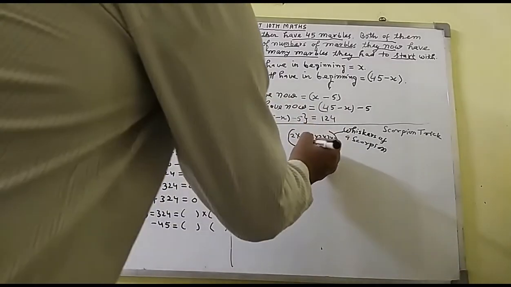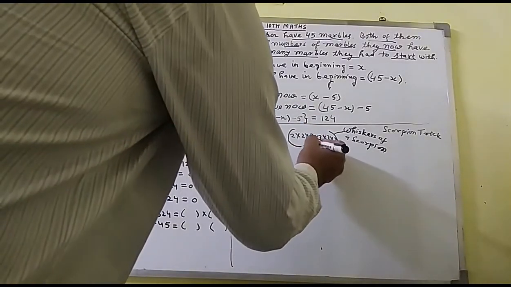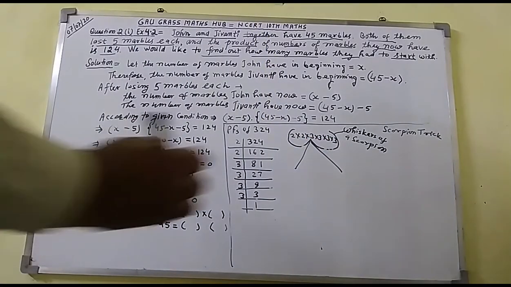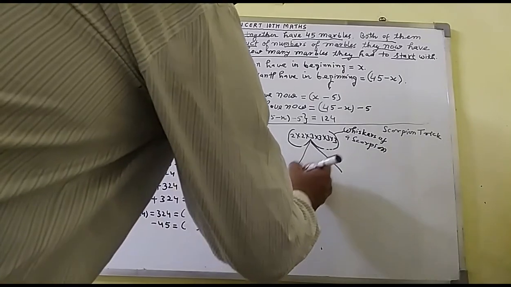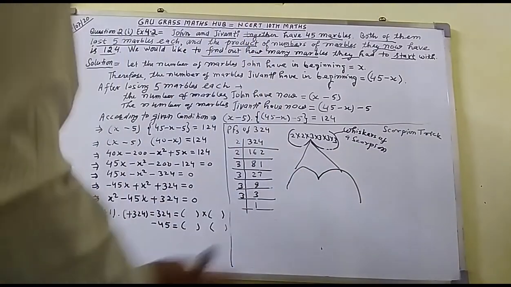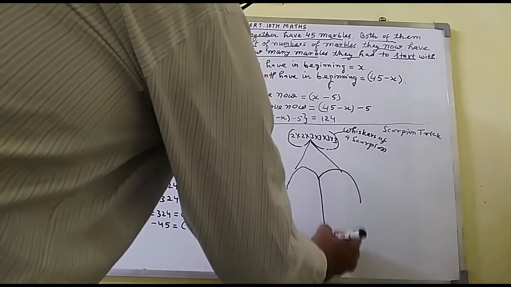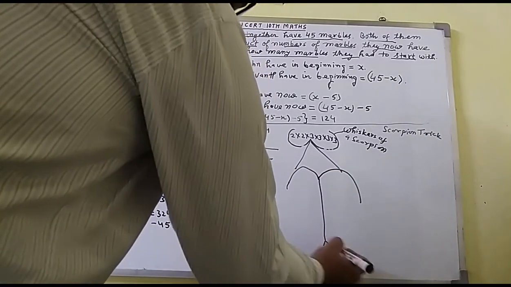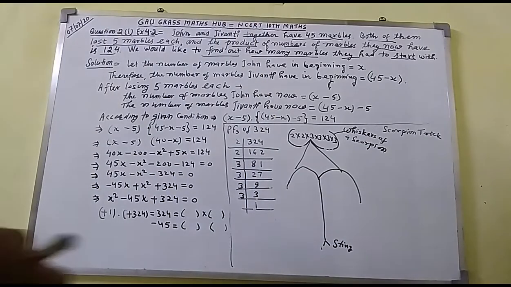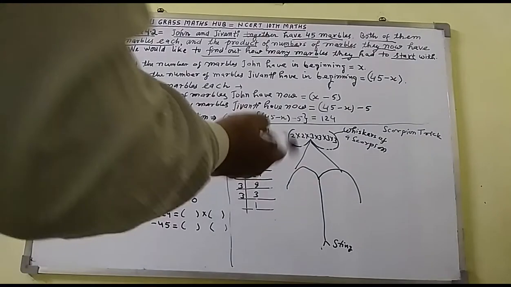Here you can see, make the belly. Belly you can make like this. After that, the lower part of the scorpion you can make like this. These are the lower part of the scorpion. Just the line here, you can rename it as sting. This is the sting, you can say. What to do here?